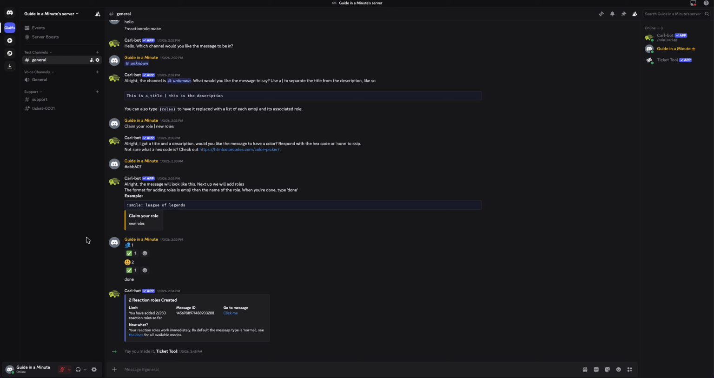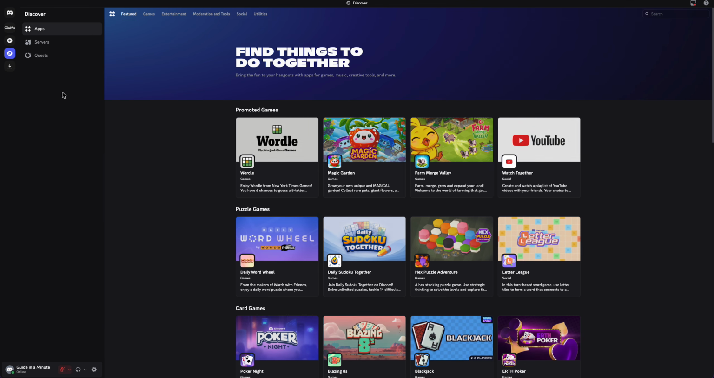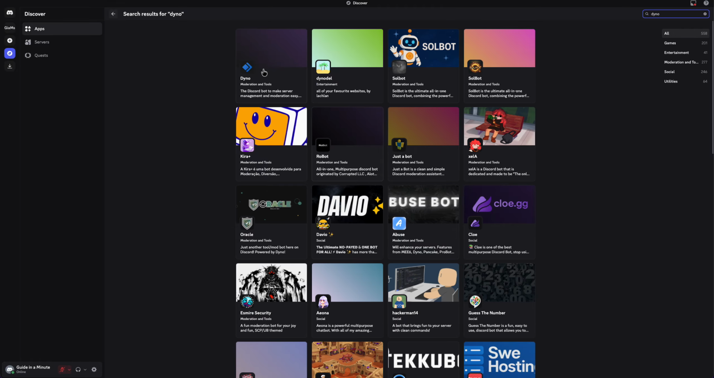Here's how to add welcome bot to Discord server. So the first step is to click on your Discord server name at the top and then go to app directory. Now from here we just have to search for Dino, and then after that we just have to click